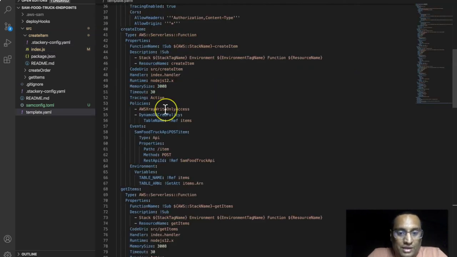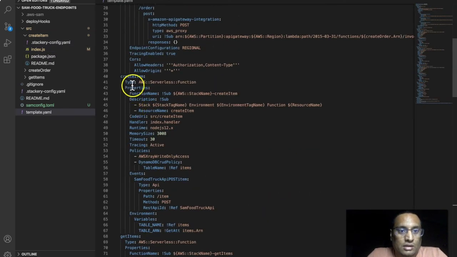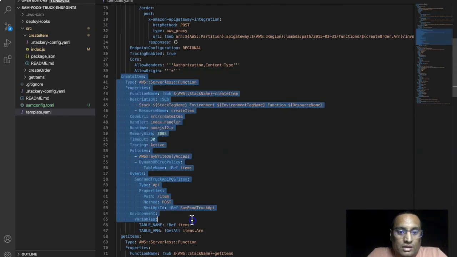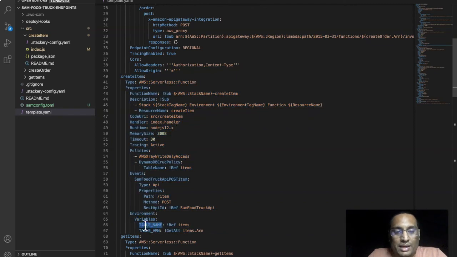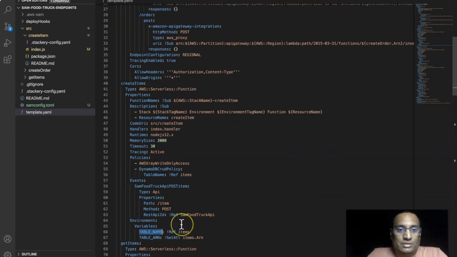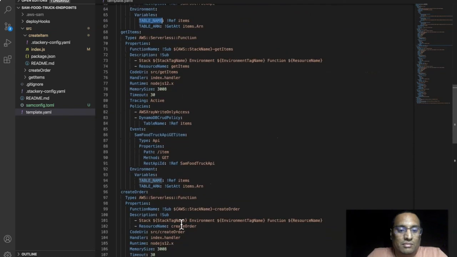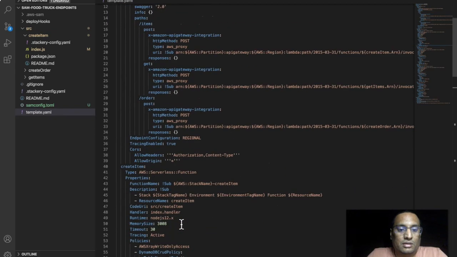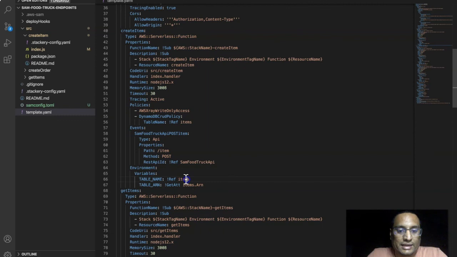What you have here is the create item resource template, whatever was created for us using Stackery. If you look into the environment, it says that it is making a variable TABLE_NAME available to us, and it is referring to something called items. So items is nothing but the actual DynamoDB table that is getting created.